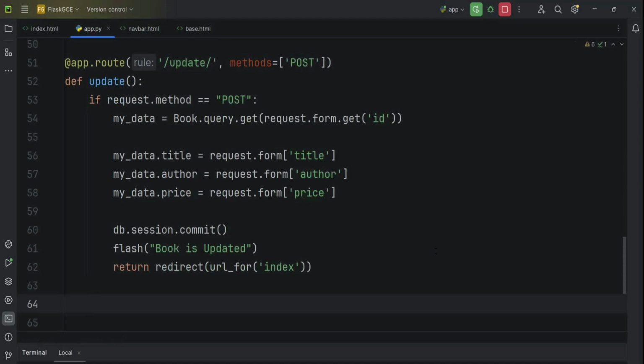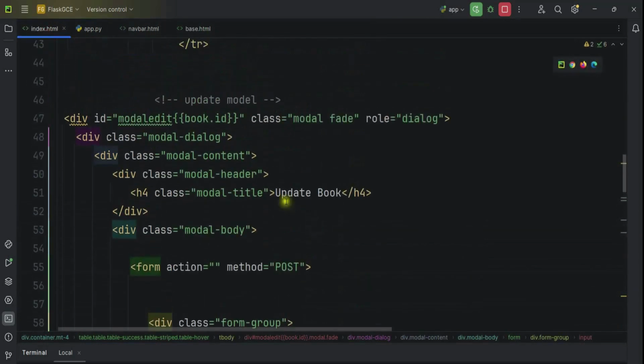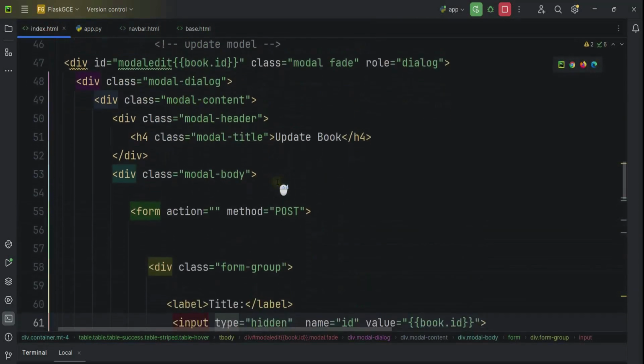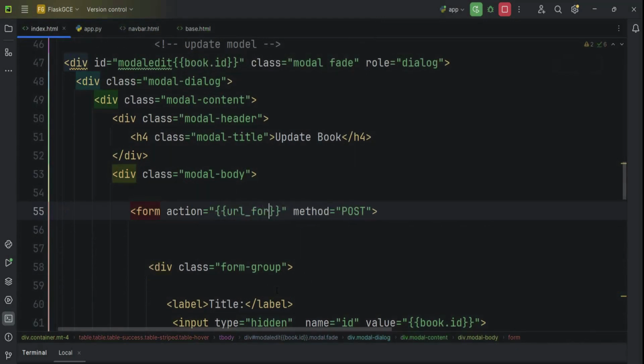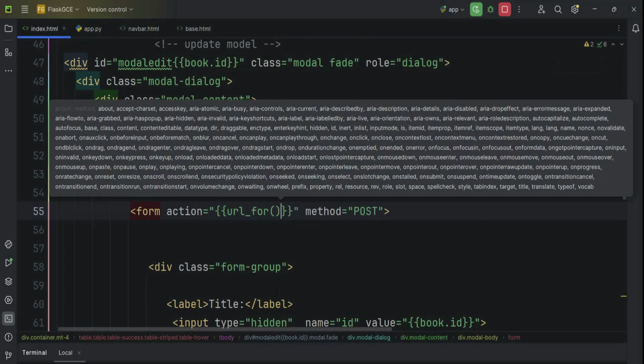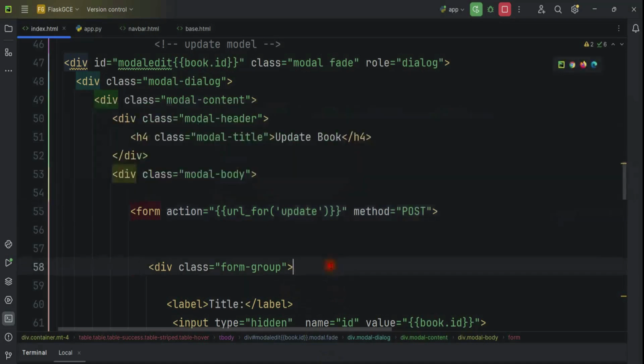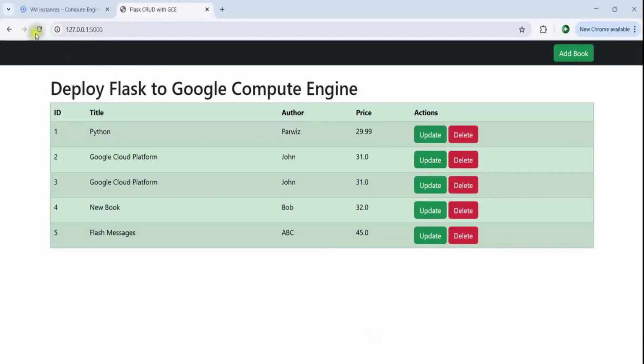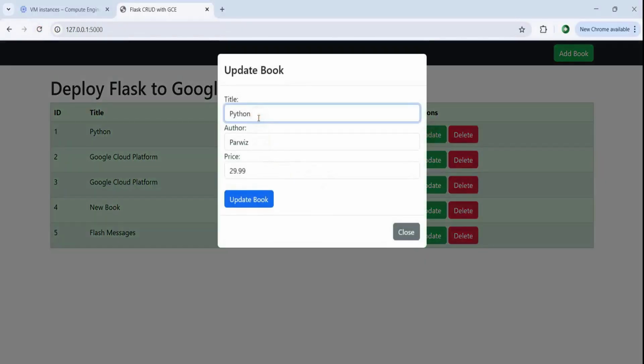Okay, so now after creating this we need to go to the index.html, and in our modal and the form action, in here we can say url_for, and in url_for we need to add the update. Now let's save it and refresh this, and if I click on update,